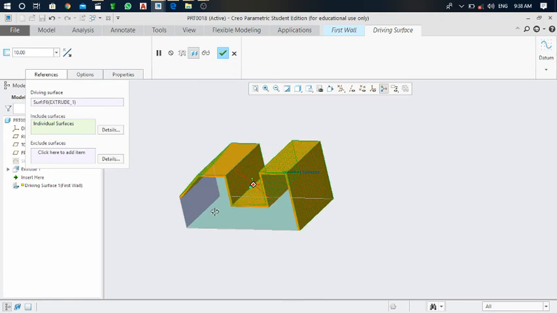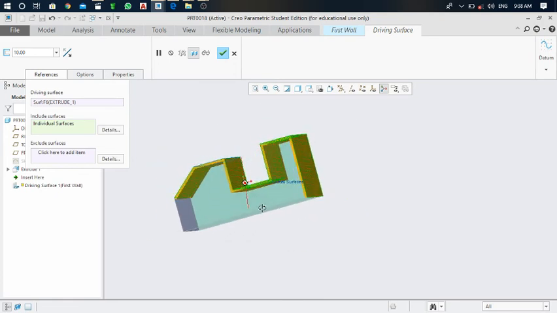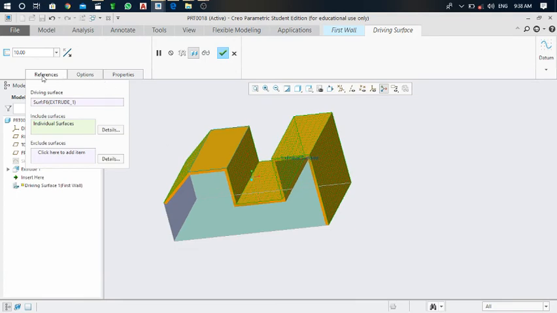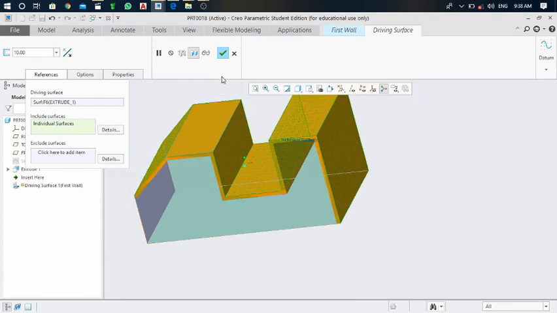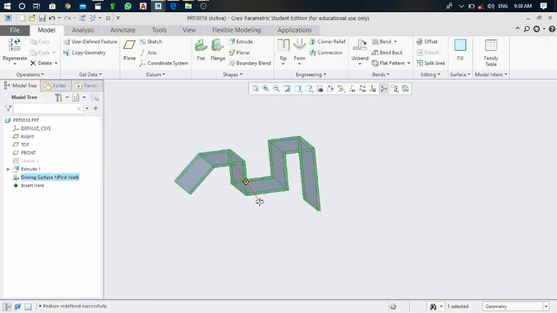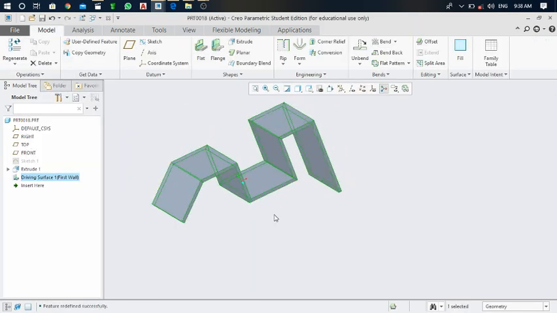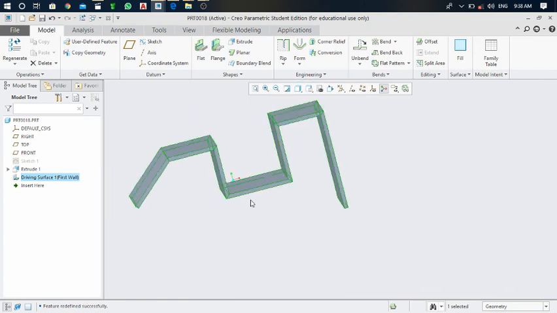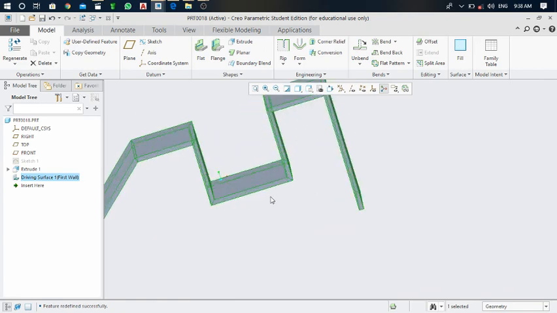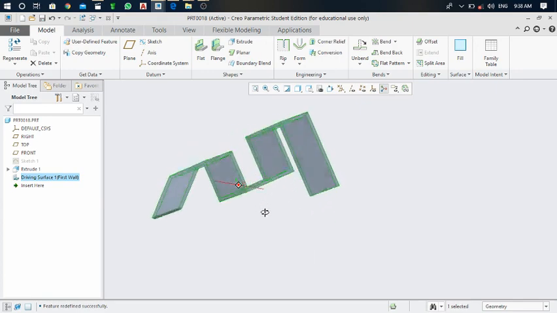Now it is able to take the property of this 10 mm thickness. Now click on this green tick mark and OK. Now you have successfully converted that solid part into sheet metal of 10 mm according to your requirement or customer drawing.